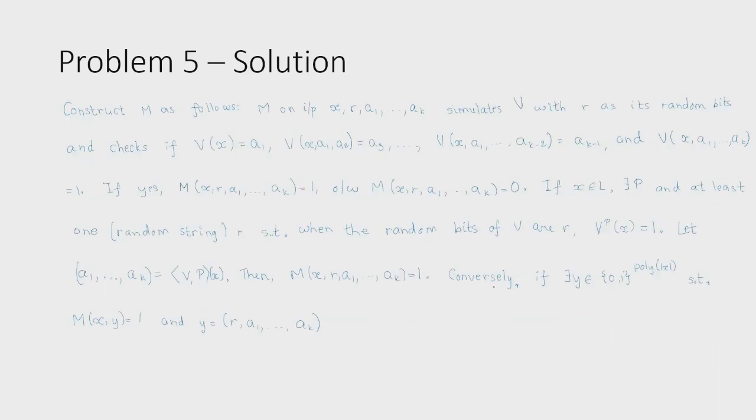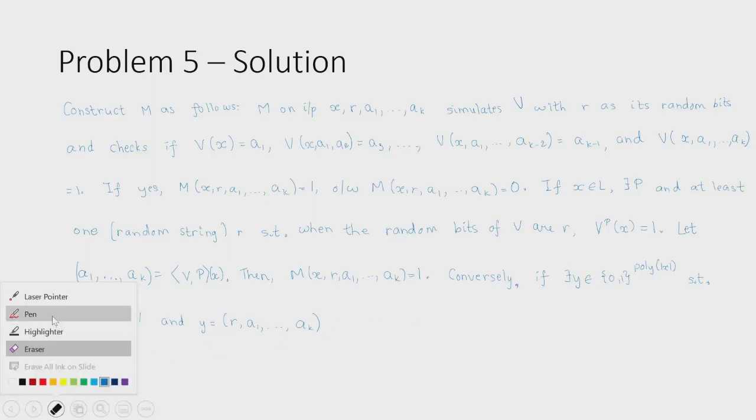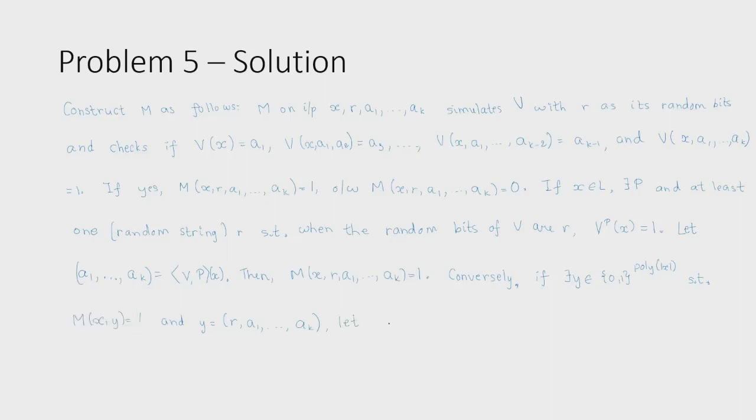And why is this? Conversely, if there exists a y so that M(x, y) equals 1, so y is a certificate for x, and I'm just breaking it up as this, then let R be the random bits, V, and let P be such that